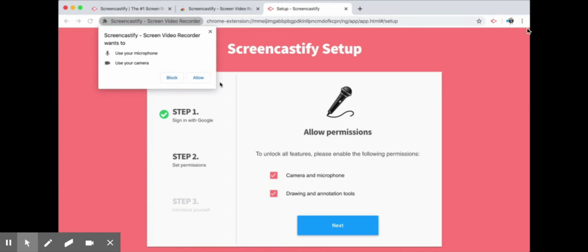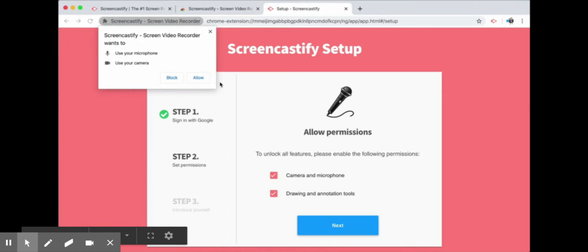And then right away when you click on that extension, their logo there, it should take you to some page similar to this, if you haven't done it before. If you have done it before, then you're not going to have to worry about it. If you've already downloaded and used Screencastify, you would have already done this prior to this. But for the first time, it will take you something similar to this,